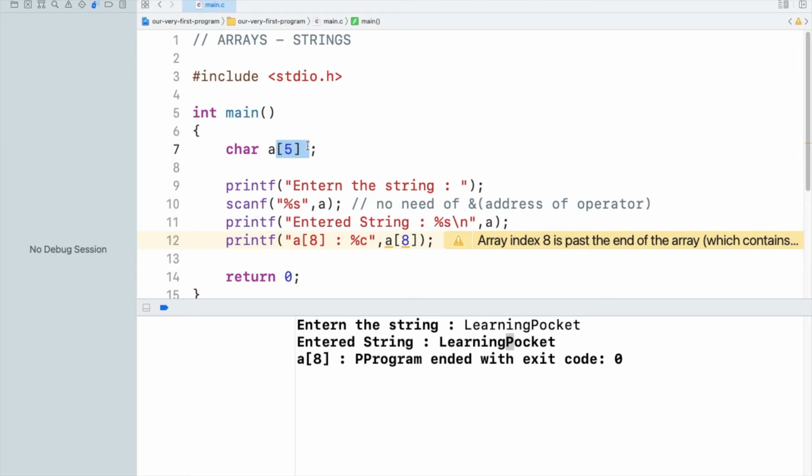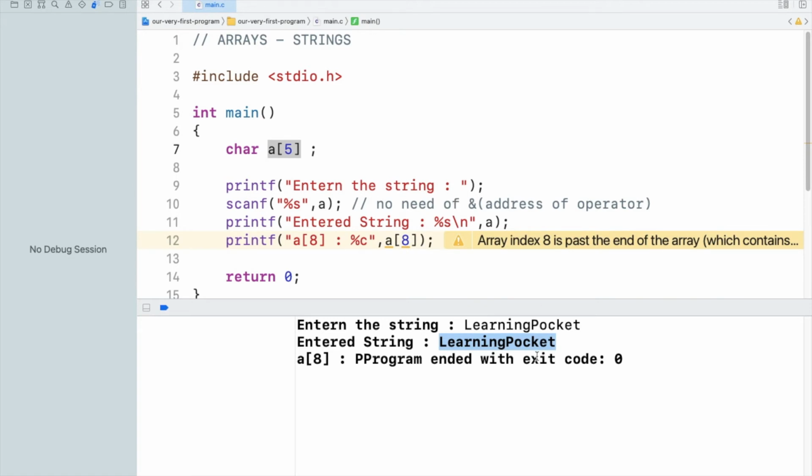That is what we need to do with the contiguous memory locations. All these characters are stored in contiguous memory locations. Though the maximum size of a is 5, in many cases you will get a runtime error instead of this output, and Xcode is very good with handling code. That is why you are getting a8. Though "learning pocket" is getting stored in memory, that memory location can be allocated to any other variable also.